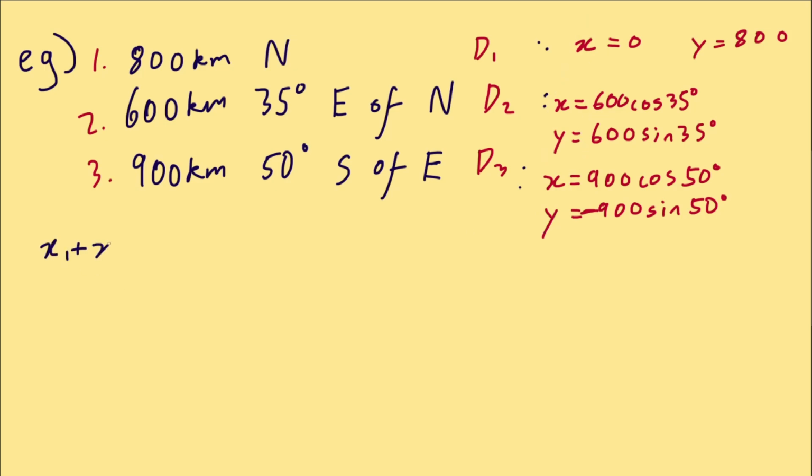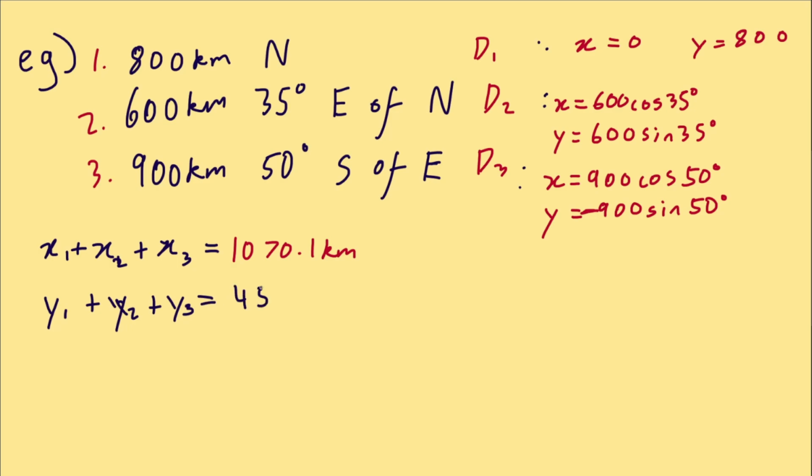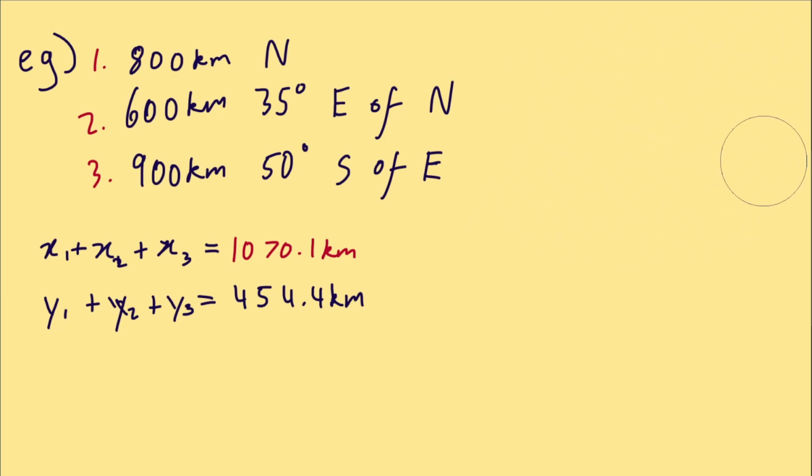So all the X's, if you put it into a calculator, 1070.1 kilometers. So that's his X vector. How about Y? Well, when you add all the Y together, you get 454.4 kilometers. If you went and graphed this out, which is optional, but I like to do it to visualize